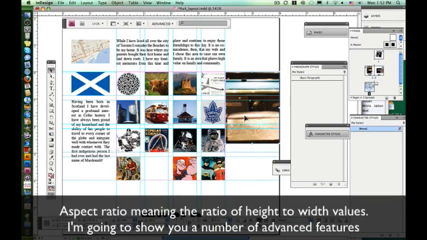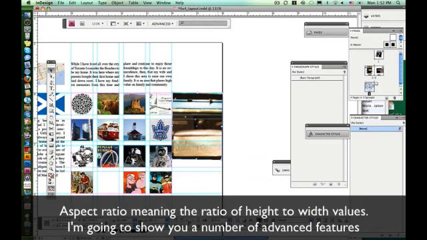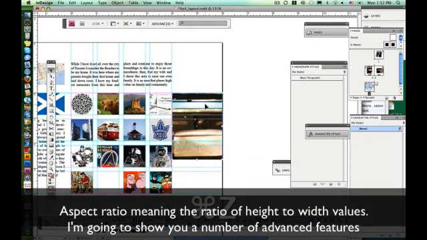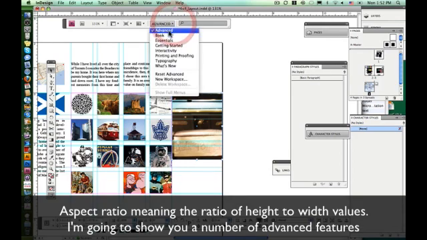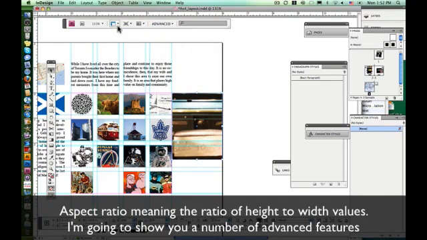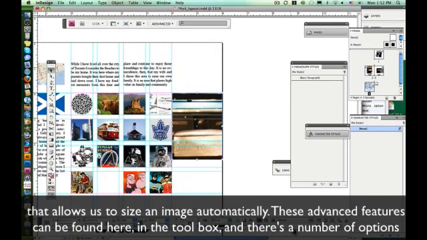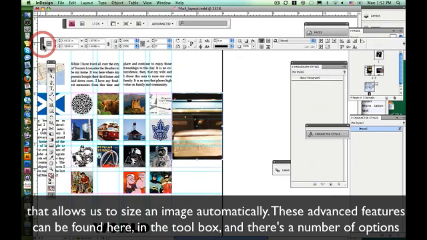Aspect ratio means the ratio of height to width values. In this case, I'm going to show you a number of advanced features that allow us to size an image automatically. These advanced features can be found here